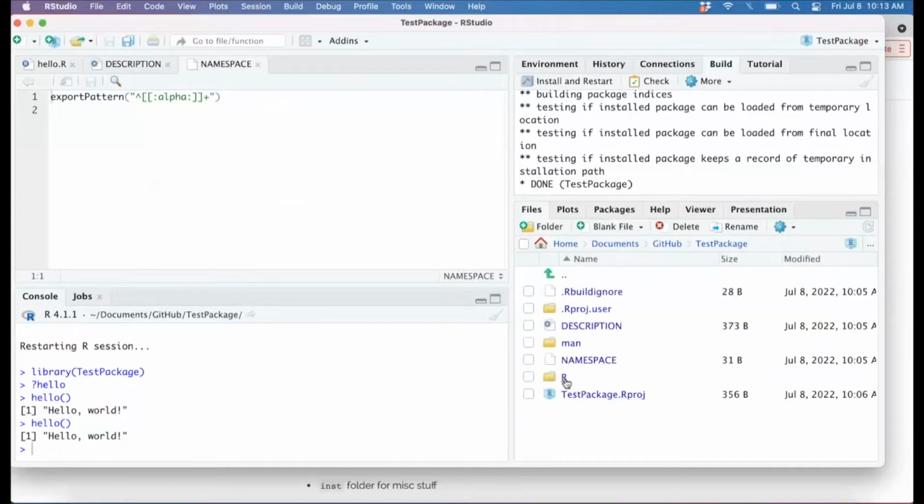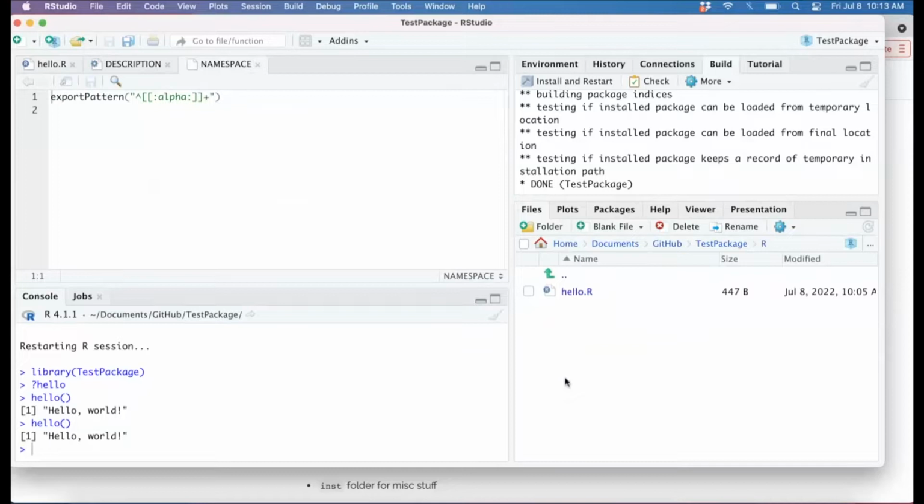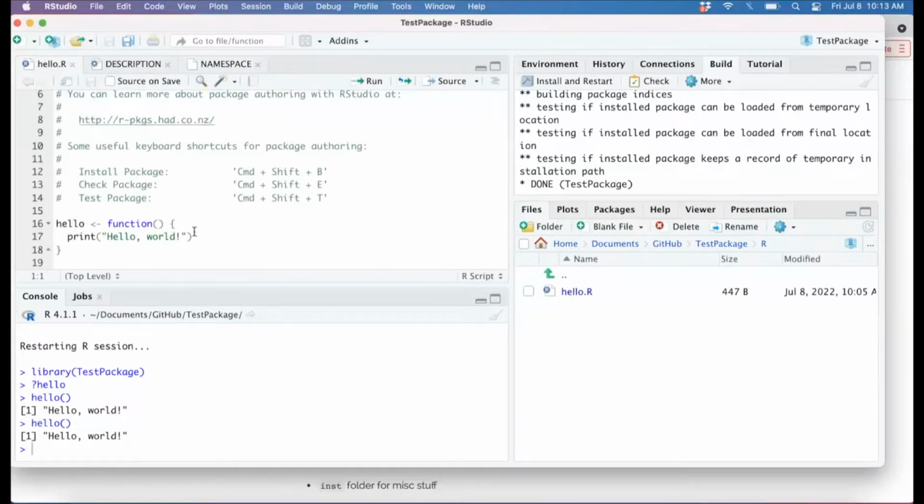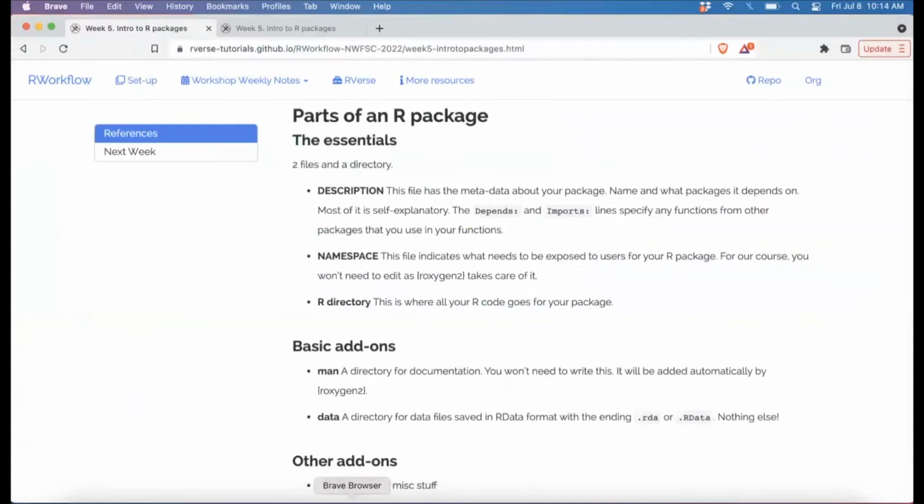Okay, so the next thing that we have to have is some code. That's going to be in this R folder, and you create these files with your functions. So you have a series of functions, and the user can use those functions, and your own functions can use your functions. Okay, great. So pretty simple. That's really it. Now, in practice, we're going to have a couple